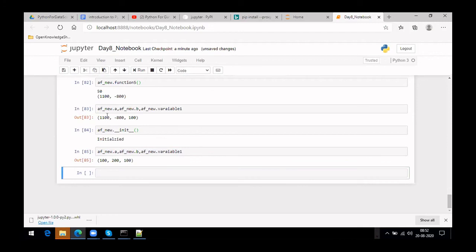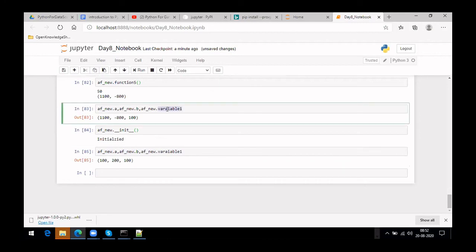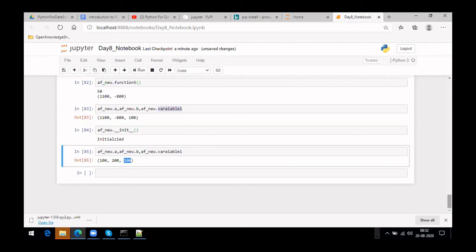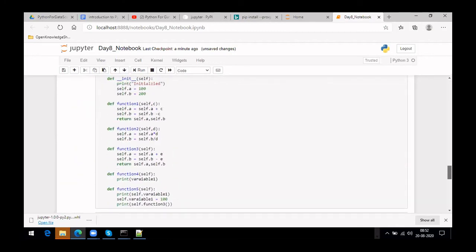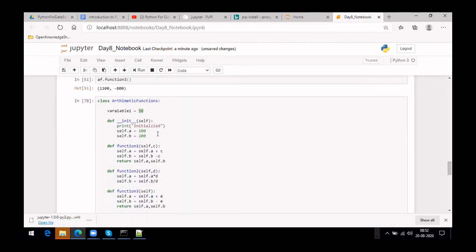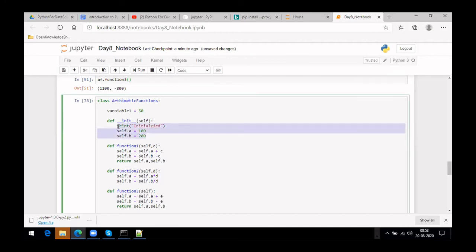If you see, the A and B values, which were different earlier, are changed to 100 and 200 as expected. But even if you call this init method, it did not change the variable one value, right? So if you want your variable values to be changed every time you call the init method, you define it here. If you don't want it to change, then you use it here.